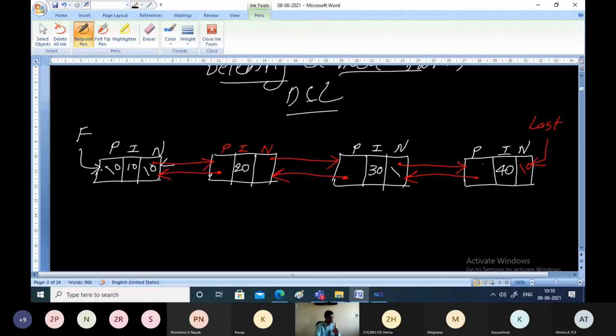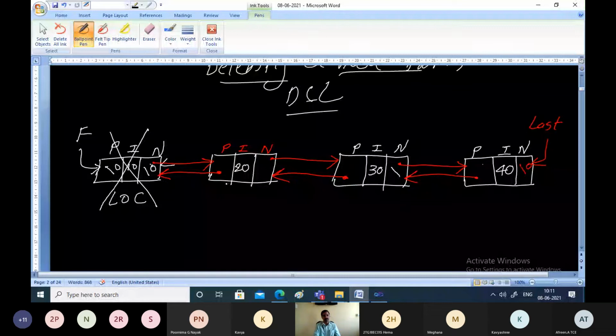Assume you want to delete the first node of the linked list. If this is the location of the element to be deleted, we know that first is the pointer which will always point to the first node of the linked list. Now once you delete this node, obviously this becomes the first node of the linked list. So what is the procedure for that? Just make first equal to first pointer next. Just advance first to this location.